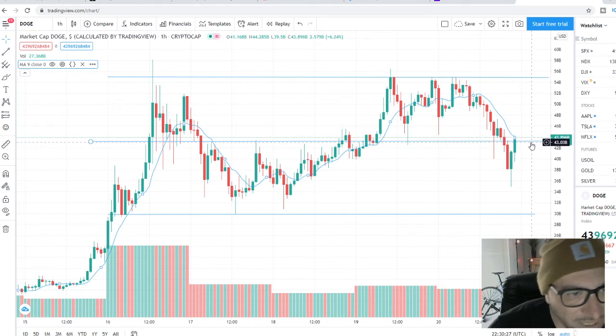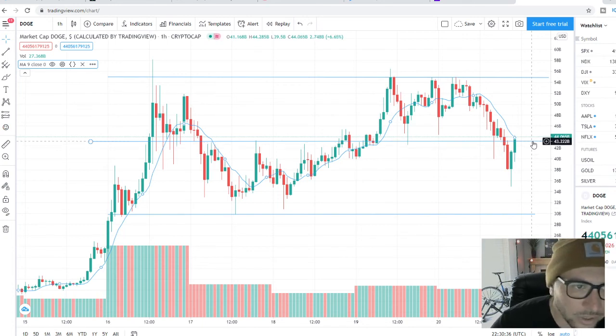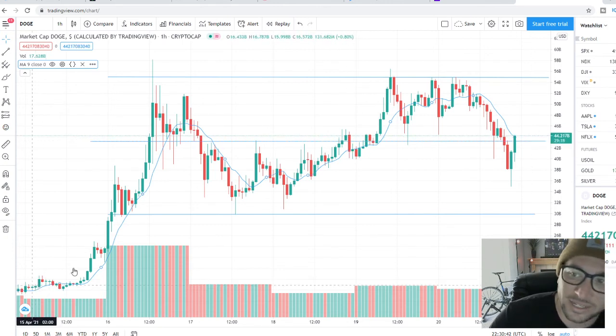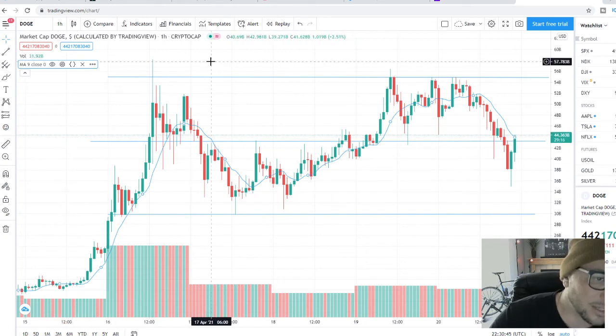But again, just take this with a grain of salt. Don't put your life savings into Dogecoin. I wouldn't rely on it to pay for your mortgage or anything like that. However, there's a lot of people who have put a lot of money into it when it was way down here at 15 cents and they rode it to 50 cents, cashed out, and I'm sure they're out spending the tendies.